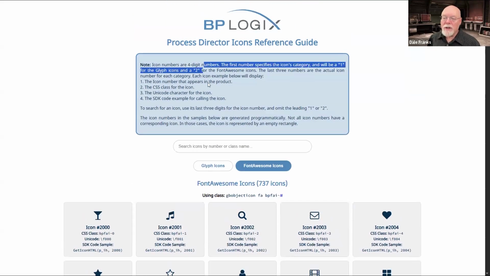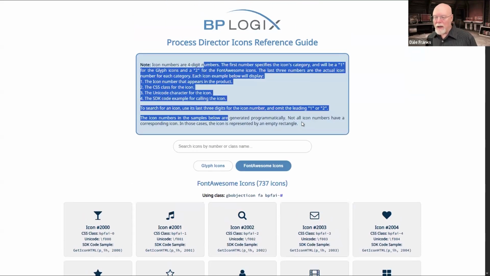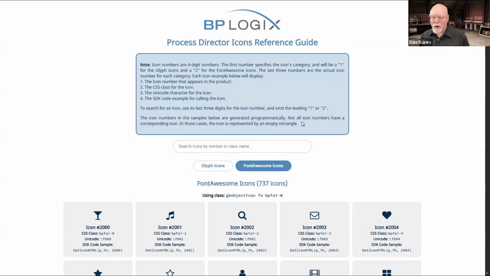There are some instructions up here at the front that replicate in brief what we've talked about so far today, but we now have this icon reference guide available to you, and you can use that to see the icons that you want and figure out how to use them, either by CSS class, Unicode character number, or by calling them via a script.